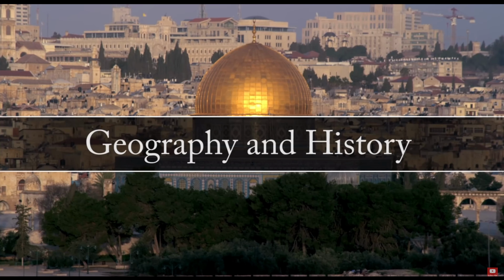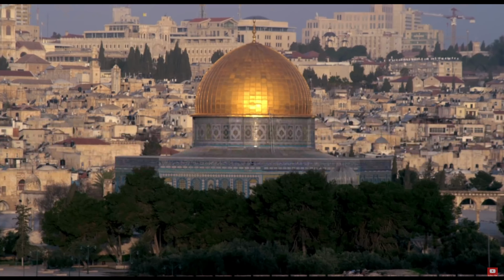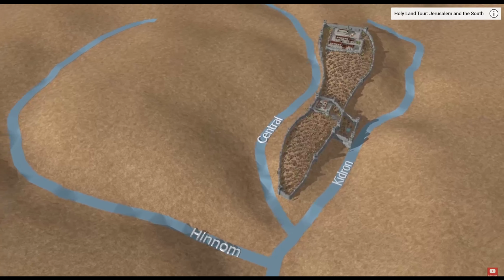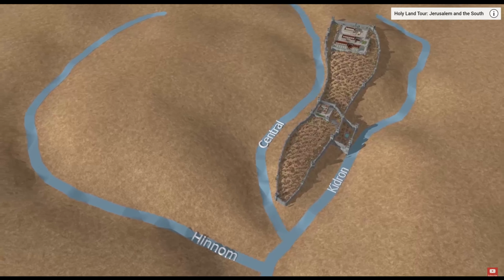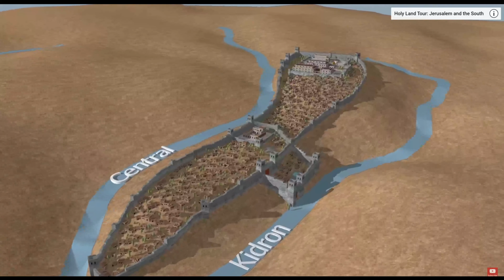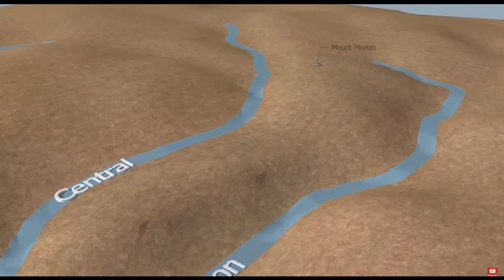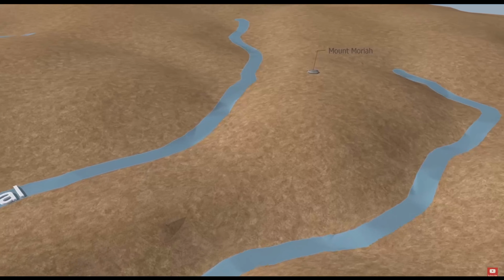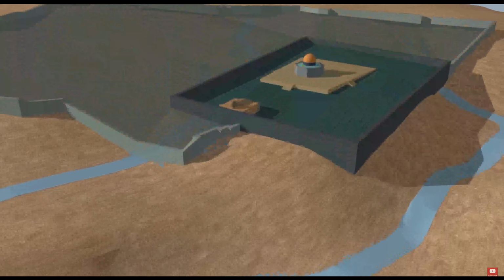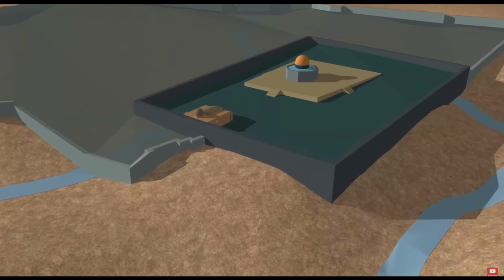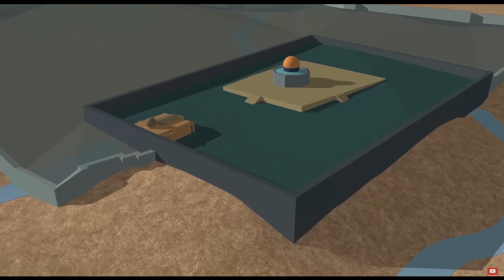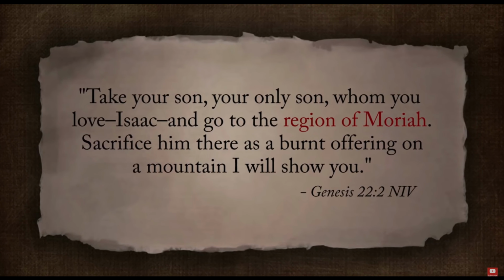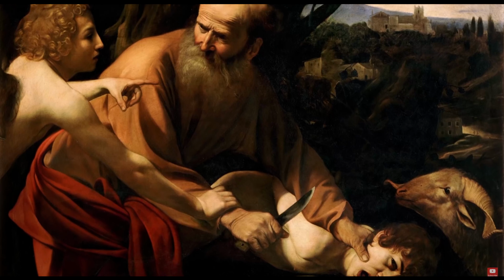The city of Jerusalem is located in an area of 3 major valleys: the Hinnom, the Central or Tyropian, and the Kidron Valley. The mountain range between the Central and Kidron Valley is called Mount Moriah. The peak of the mountain is a large protruding flat rock, which is now located under the dome of the rock. According to Genesis 22:2, Abraham was commanded to sacrifice Isaac in the region of Moriah, connecting the Temple Mount